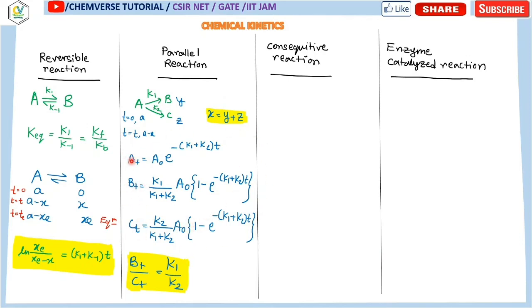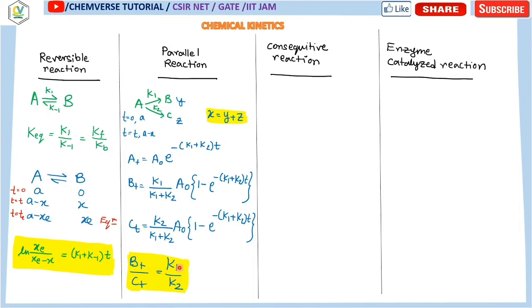So whatever I am writing over here is extremely important for your exam purpose. So read thoroughly. You can take a screenshot after the completion of this slide, and then you can read it every day so that you can remember it easily and apply it in your exam. So the ratio of the concentration of B and C for any time t is nothing but the ratio of their rate constants.